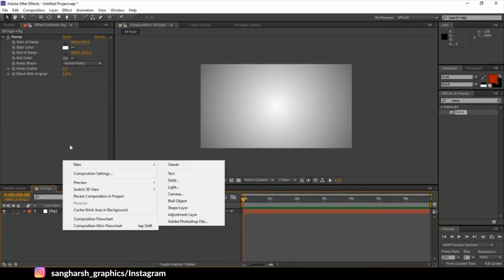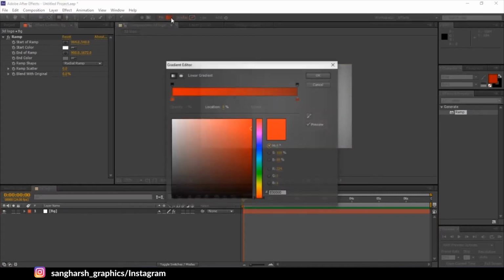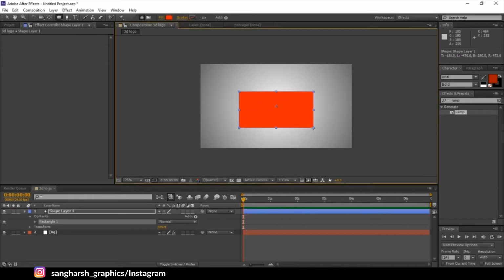Okay, now create, oh no, don't create a new layer, we just create a shape layer by clicking here and select rounded rectangle. We don't need a gradient fill, so Alt and click on it, it will change the color. We need a fill. Yeah, here is the fill. Now create a rounded rectangle as the YouTube logo seems like. Yeah, take it to the center.